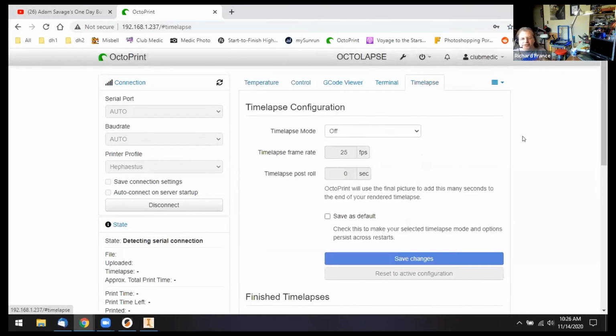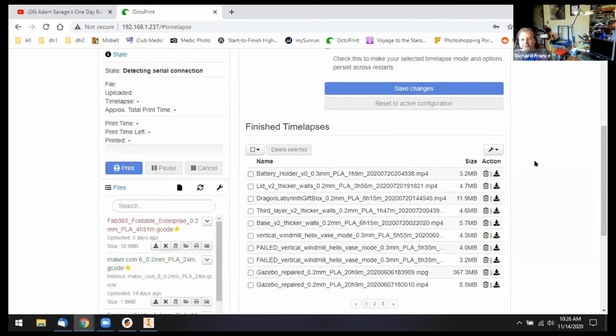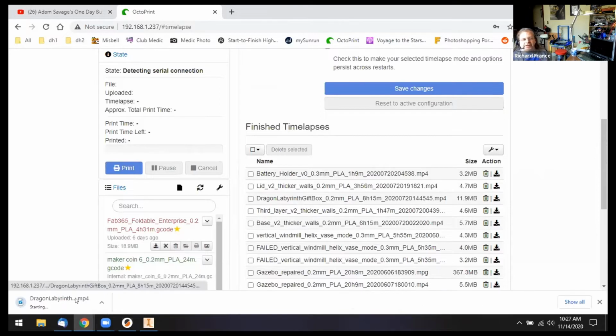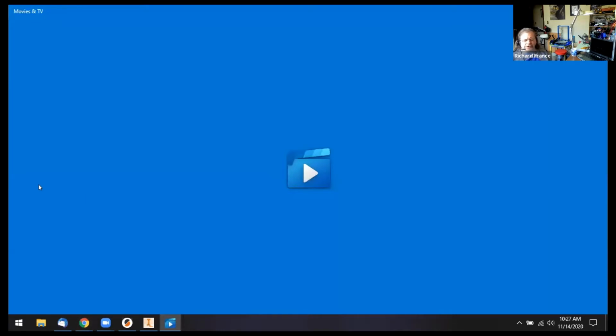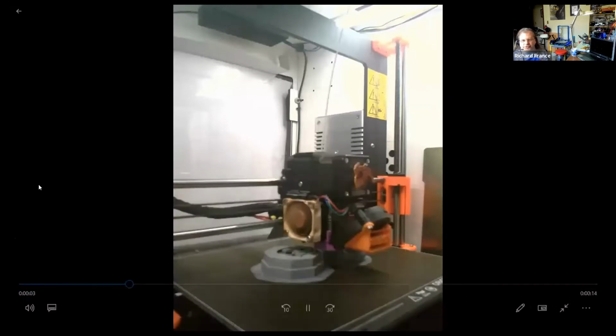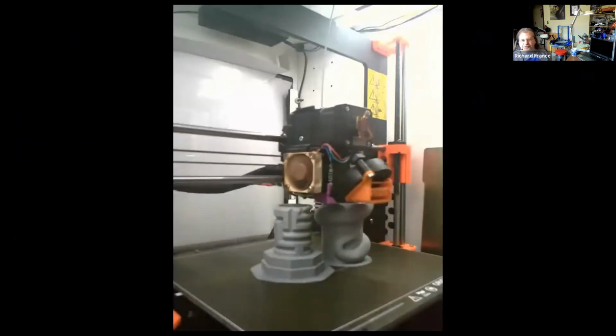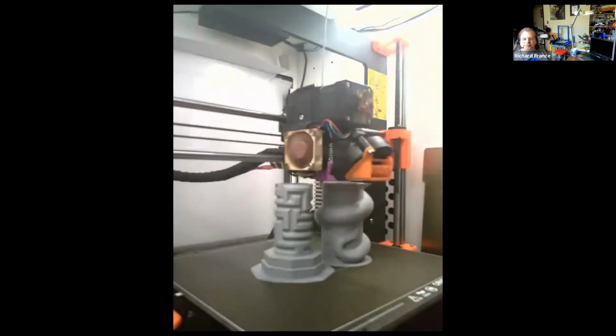Octopi came along, and I found it and I immediately adopted it because I like single board computers and I'm a geek that way. What this allows you to do is put it on your printer, get a camera, aim it at your printer, and then hook it up to your printer. There's usually a USB input to the controller, so you can have the